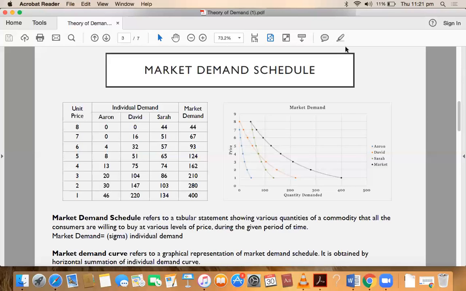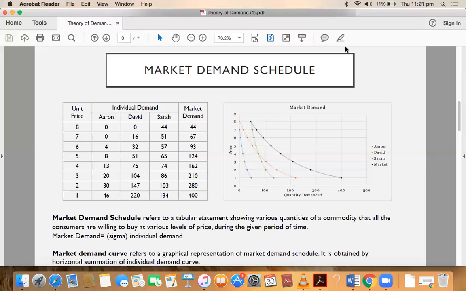As you can see, the maximum market demand in the schedule is 400, and that is why quantity demanded is plotted in a way that 100, 200, 300, 400, and 500. And price of rupees 1, 2, 3, 4, 5, 6, 7, 8, and 9 is plotted